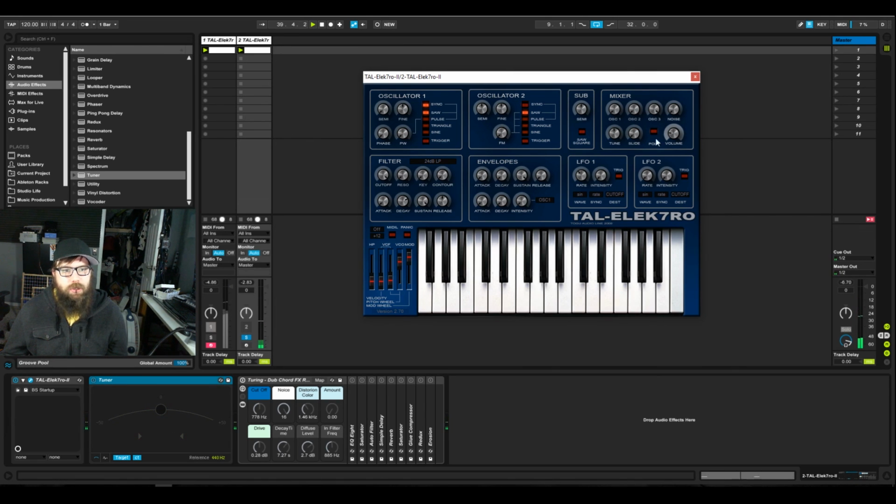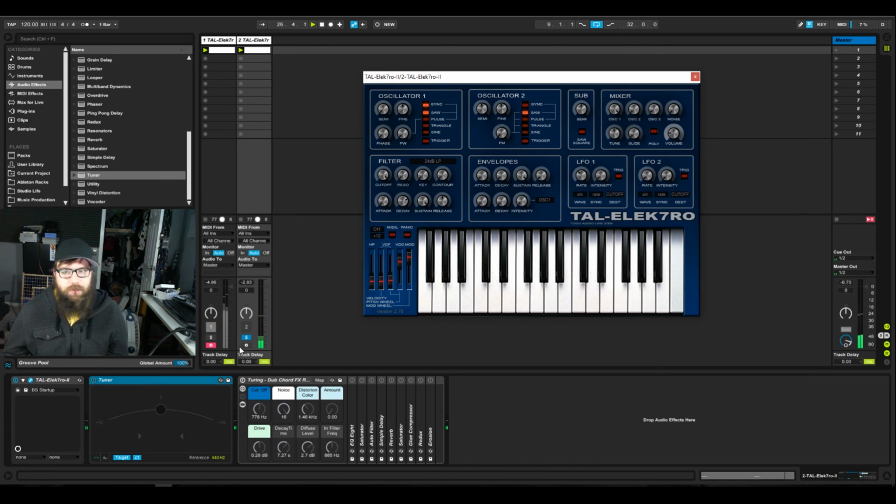And when you do this, you want to start with your sub or lowest oscillator, depending on what you're doing, because this is going to be your root note, because generally your sub oscillators can only be tuned maybe like one step or something like that, not necessarily all the steps in a full octave range. So I always start with my sub oscillator first as my root note. As you can see, it's already here on G, and it's a saw wave, which is what we want. So we're going to turn that down first, and we're going to bring up